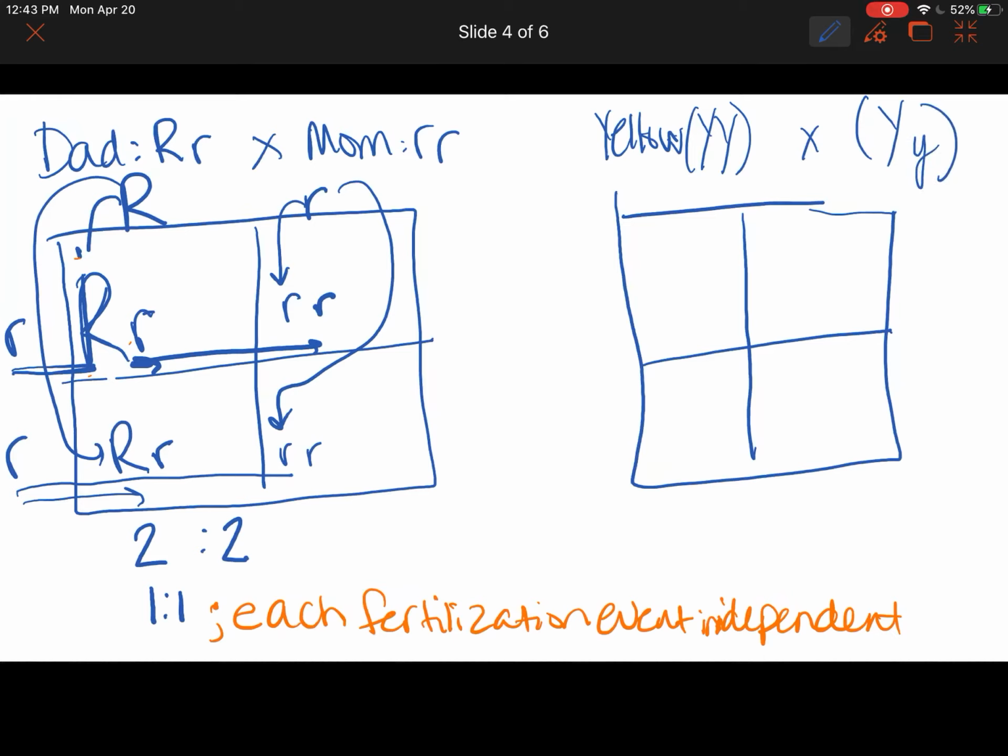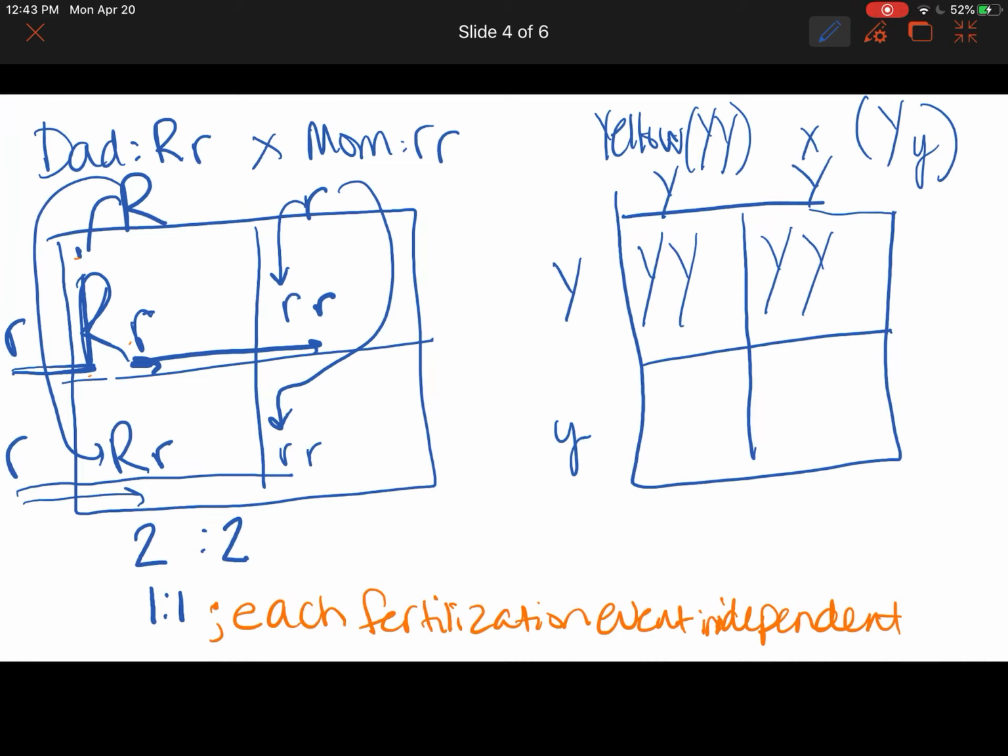crossed with a heterozygous yellow. Okay, so we put 1 parent's gamete possibilities across the top and the other parent's gamete possibilities down the side. Now, Y's are some of those letters where the big Y's and the little y's are going to look alike unless you're really careful. Okay, so